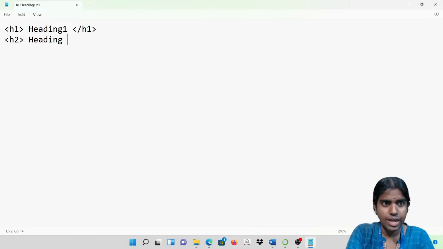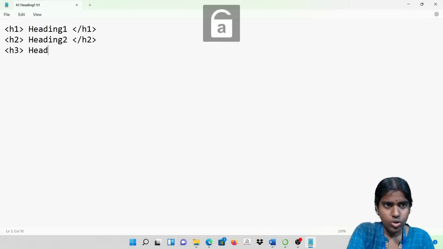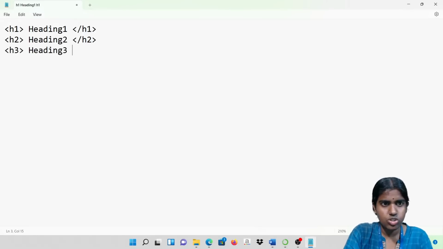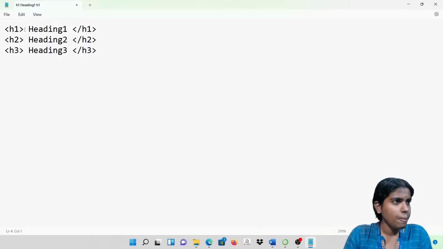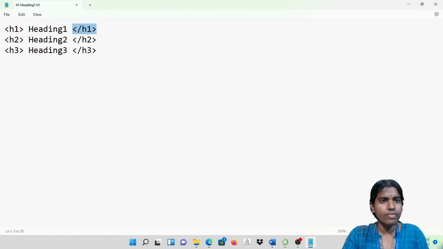For example, this one is heading 2, with a starting header tag and a closing header tag. Inside this, I am coming in with heading 3. You can have different levels of headers available in HTML. Whenever I define different types of headers, is my voice audible now? Yes. I have the starting H1 tag with heading 1, and then a closing header tag.